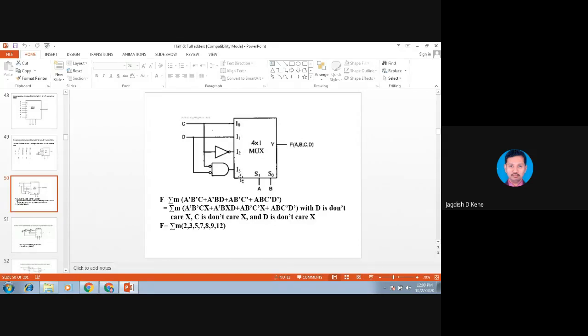Again C is don't care, D is don't care. Here we have written A, B, C don't care, A, B don't care, D. Which one is missing? D. So for D we have written don't care.